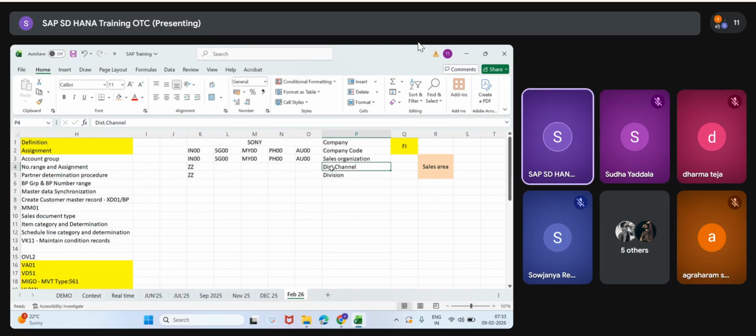Distribution channel means, that's what I'm telling, sometimes they'll create 10, 20, 30. They will ask us: 10 for wholesaler, differentiation for retailers, dealers, like that, based on the kind of distributors, through which channel we are selling the goods to the customer. That's why sometimes they will use different ones, and don't worry. If you are part of an implementation, they will share the information. We are experts in SAP.